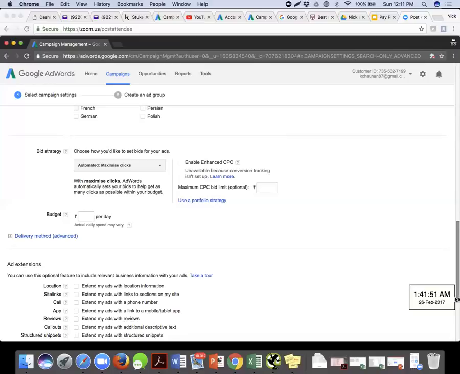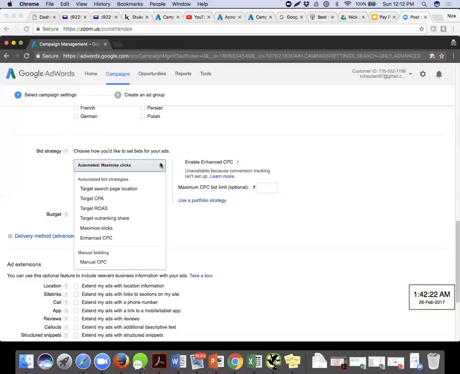But the other one is where I as an advertiser feel that this is a very time-taking task, I'm a busy person, so I give authority and pass on my overall work of this bidding to Google AdWords. There are certain automatic bidding options. When you click on bid strategy, in the drop-down over here you'll find several bid strategies. The automated ones are quite many: 1, 2, 3, 4, 5, 6. There are 6 bid strategies over there.